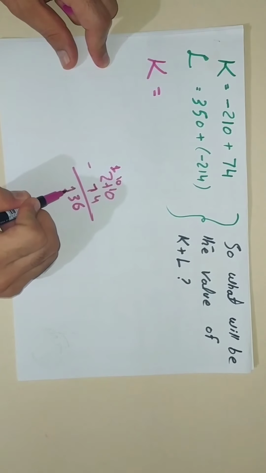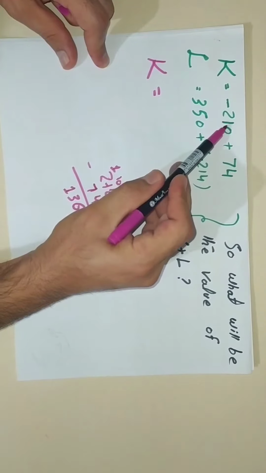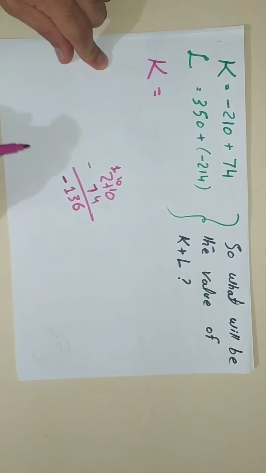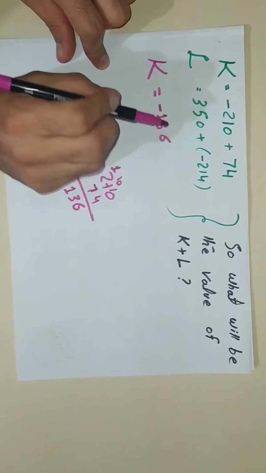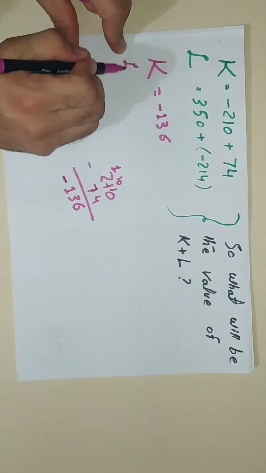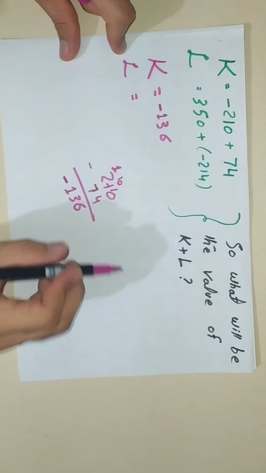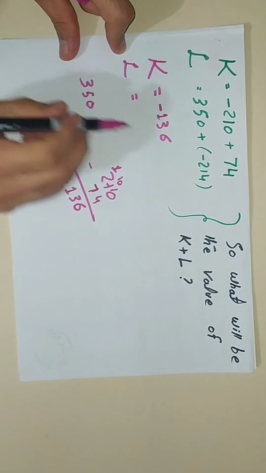It is 1, and I have to put the sign of the bigger number. So 210 is bigger, it is in minus, I will write minus 136. It is minus 136. And what is the value of l? L is 350 and minus